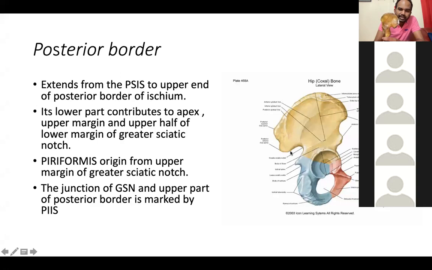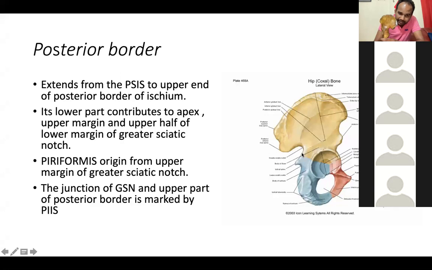is contributing the apex of the greater sciatic notch. This is the apex. This is the upper margin. And this is the lower margin. This is the upper half of the lower margin. Yes or no? So this posterior border of the ilium is contributing the apex of the sciatic notch, the upper margin of the sciatic notch,